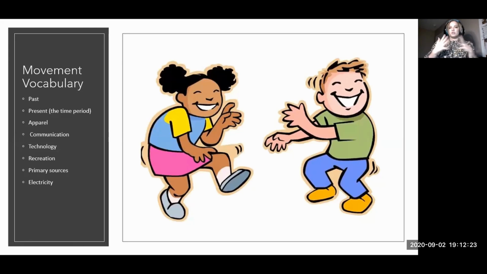So I'll show you just to start. We're going to say the word past, and we're going to do like that with our hands, like back, like it's behind us. It's in the past. It's already happened. And then we'll say the definition. So we'll say past, events that happened before now, past, okay? So let's do the word present together.